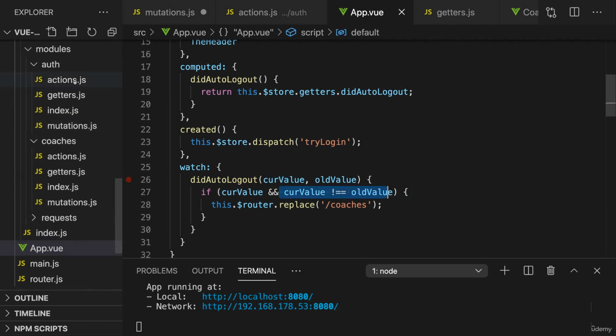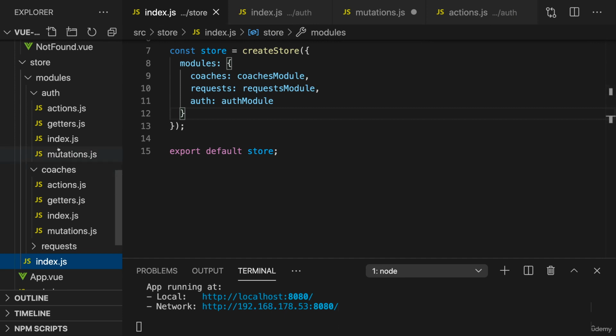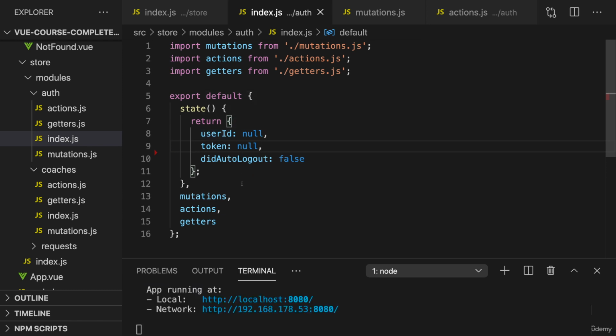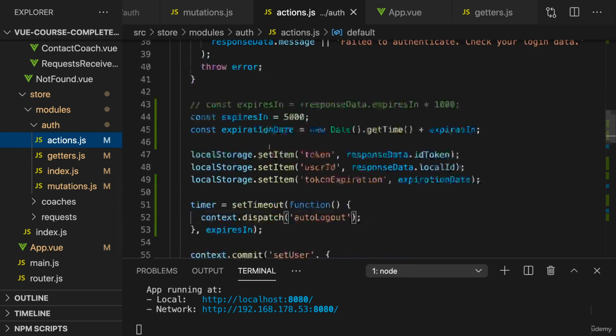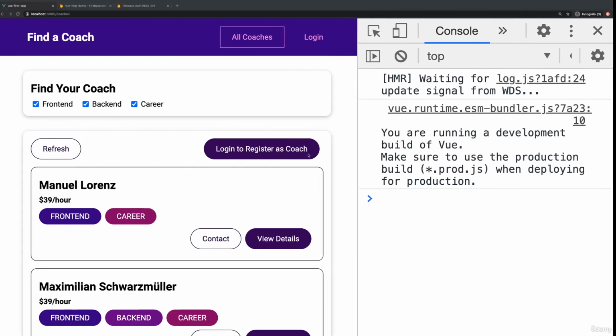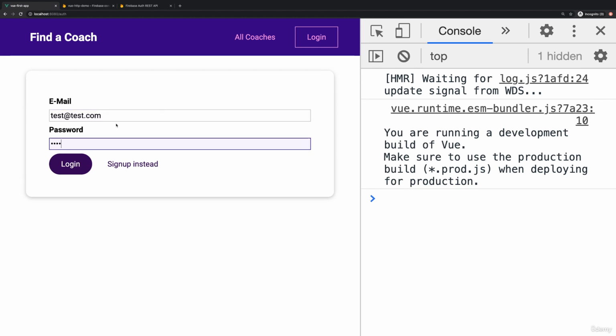This watcher will then run if it's true and changed, and therefore we need to change it back, otherwise it would never change again. I also noticed that, of course, now here in index.js of the auth module, we can get rid of the token expiration here because we're not really using it in our Vuex state, but that's just a side note. With that, we get the auto logout functionality added, and therefore in the auth actions, I want to switch back that expires in time to the real time, which is of course longer than 5 seconds. So that now if we log in,